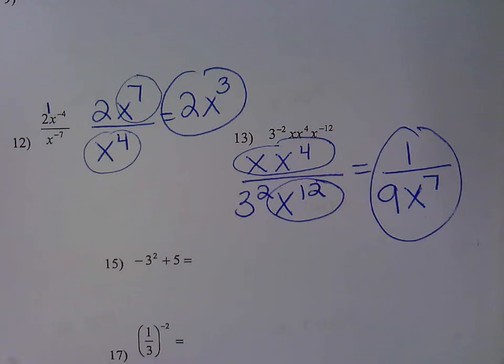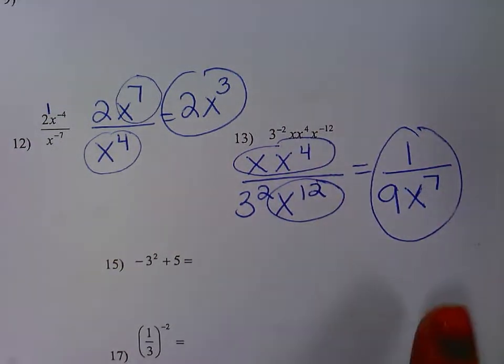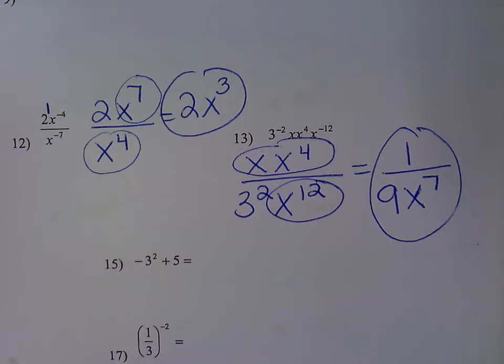To me, I think students can see better that, okay, I have 7 of them left in the denominator. So when I write my final answer, x to the 7th is in the denominator. So as long as you can take this and write it like this, that's fine. As you go through them, you can kind of pick which method, as long as you're going to get it simplified at the end. Actually, there's no really negative ones left. When you try the homework, you can use either method. Okay,